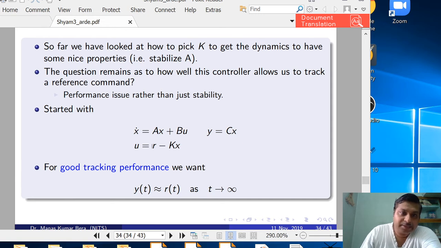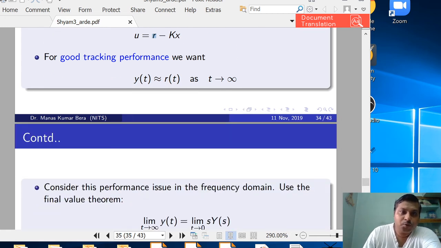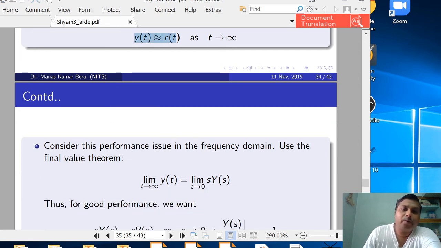Here r is the reference input we want to track, so u equals r minus Kx. For good tracking performance we want y(t) to equal r(t), meaning the output of the system should follow the reference input r(t) as t tends to infinity. Now we want to write this in the frequency domain. So using the final value theorem, the limit as t tends to infinity of y(t) is equal to the limit of s